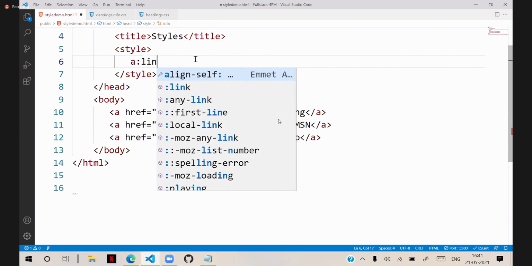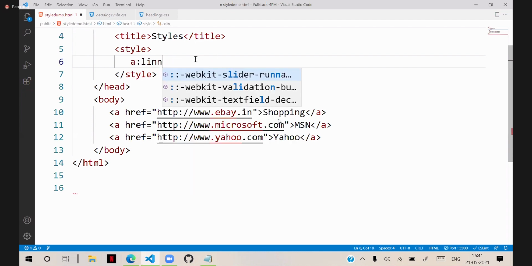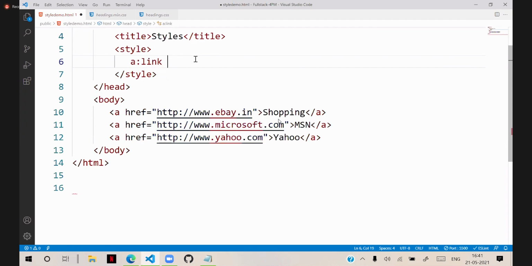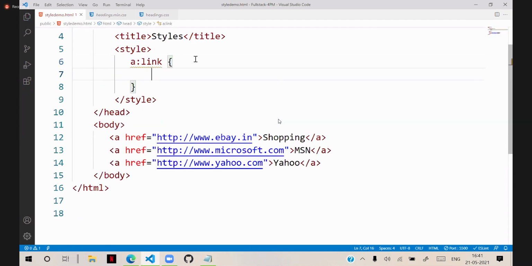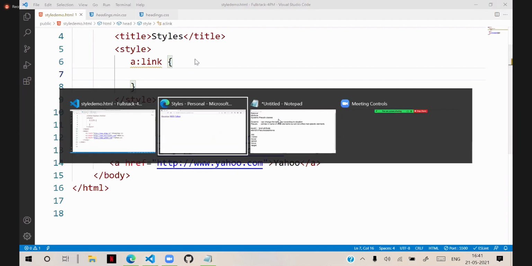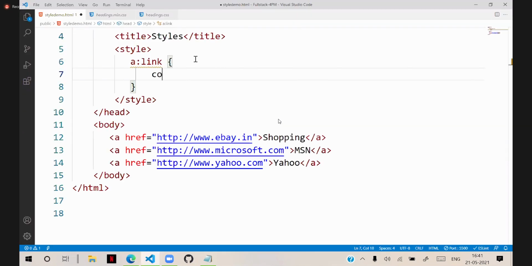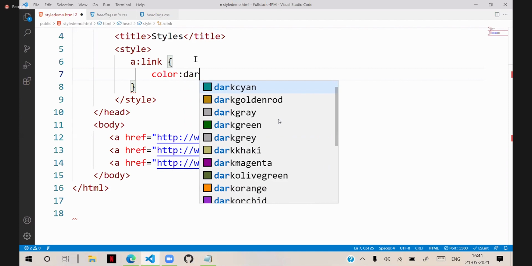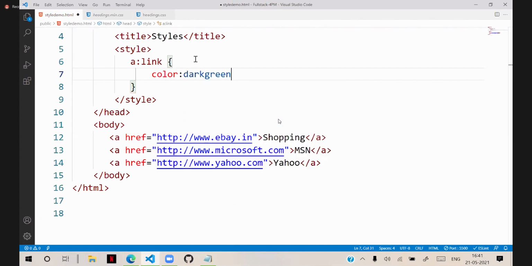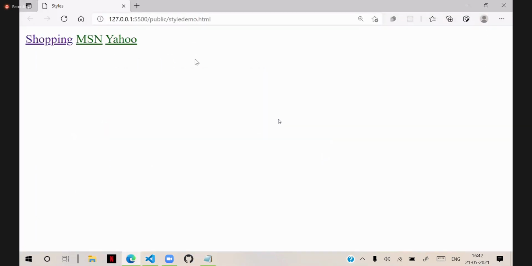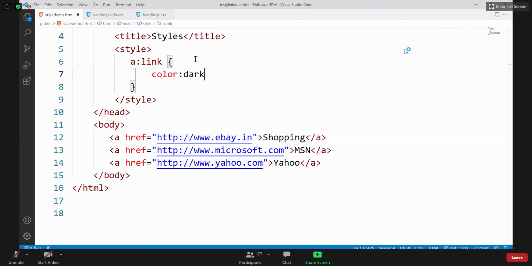Link indicates if it is an ordinary link, that means it is not visited. If the link is not visited, which color does it have? Blue color. We will change that to a dark green color. That means if the link is not visited, we will put a dark green color. You can keep anything, so suppose dark red.